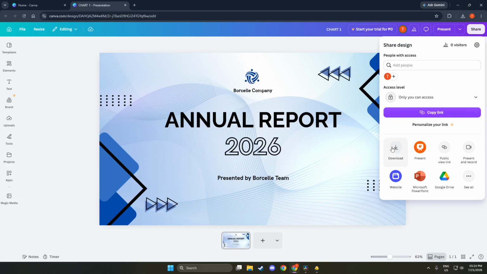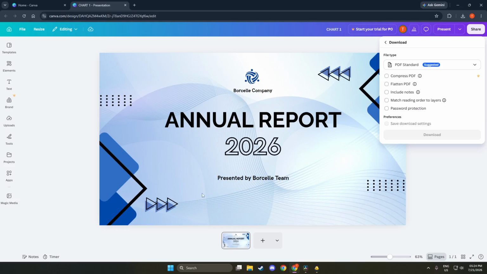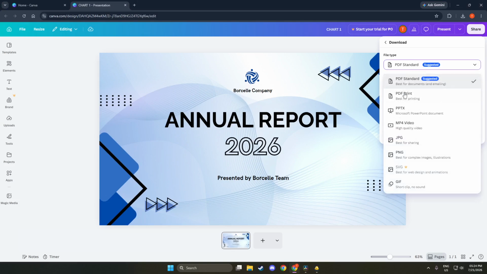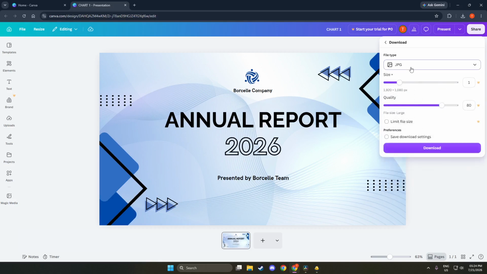After that, click on Download in the drop-down menu. This action will prompt Canva to prepare your design for download. The screen may show a loading symbol indicating that your file is being processed. It is essential to wait for this process to complete. Patience is key here, as rushing may interfere with the download. You will see a confirmation appear once the download is ready, giving you reassurance that your file is being saved correctly. At this point, change the file type as needed.